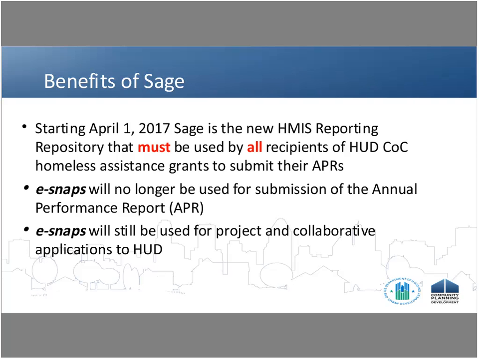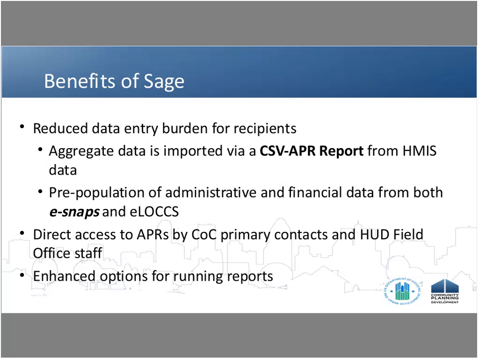There are a lot of benefits for SAGE. Probably the most important benefit is that it saves you a ton of time entering in data for your APR. Whereas in eSnaps, you had to type in individual data points. With Sage, what you need to do is just upload a CSV APR report from your HMIS system. This aggregates the data, and with a few clicks of a button, lets you get all of your